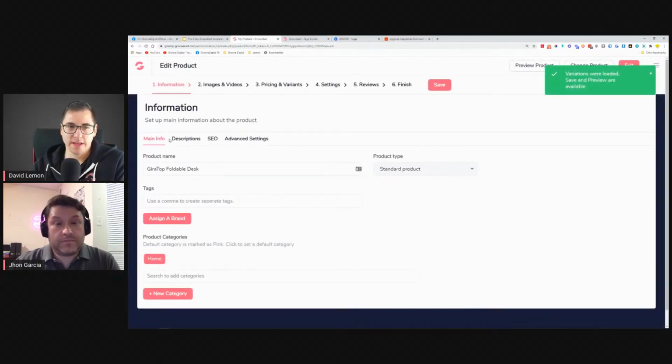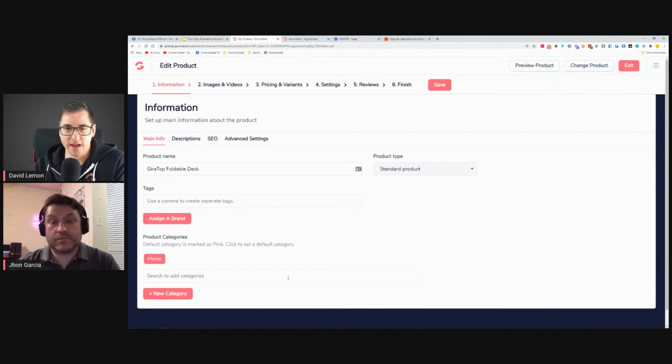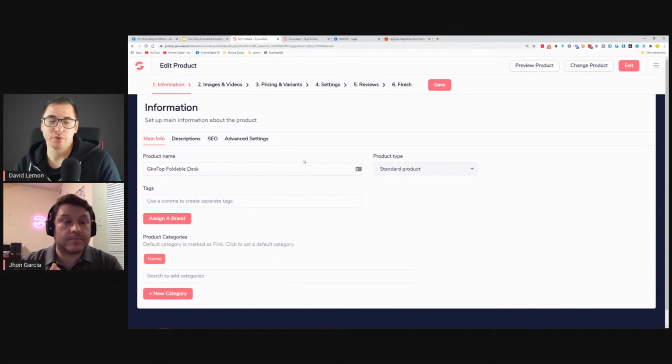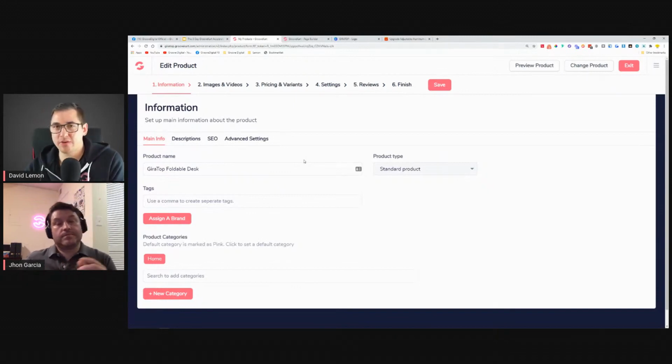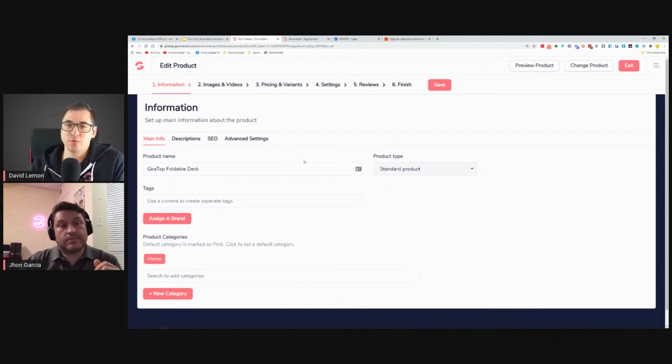We can go in and do descriptions, we can add tags, we can add categories, we can decide what type of product this one is. But before we actually manage the product, we need to work on categorization. This will be very important for you when you have multiple products. For our case, it doesn't really matter what category we put it in because we just have one product on our store. But I want to show you how to actually work with categories before we ever even go into